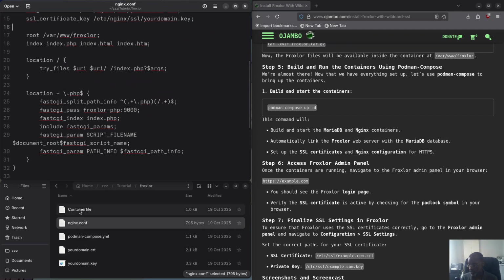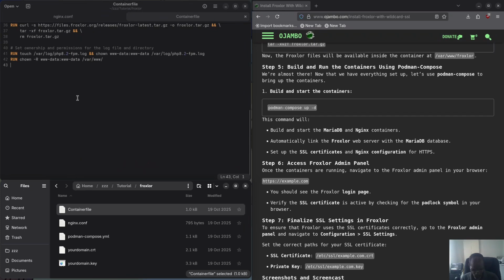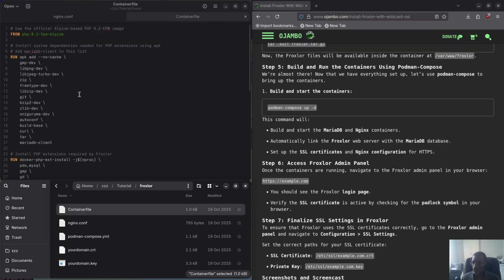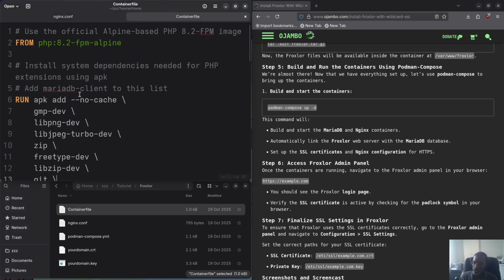Next, I'm going to show you the container file. So the container file, if you're coming from Docker, it's the same thing as a Dockerfile. So I'm going to zoom in here as well. As you see, I'm going to grab the PHP 8.2 FPM from Alpine. The reason for this is because